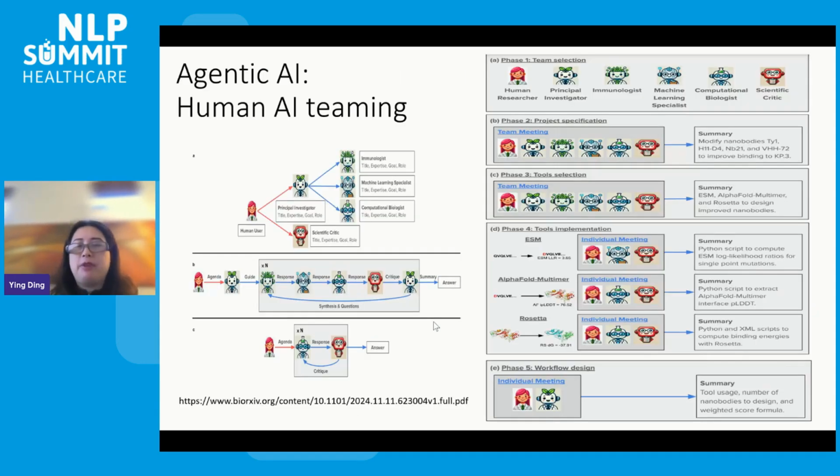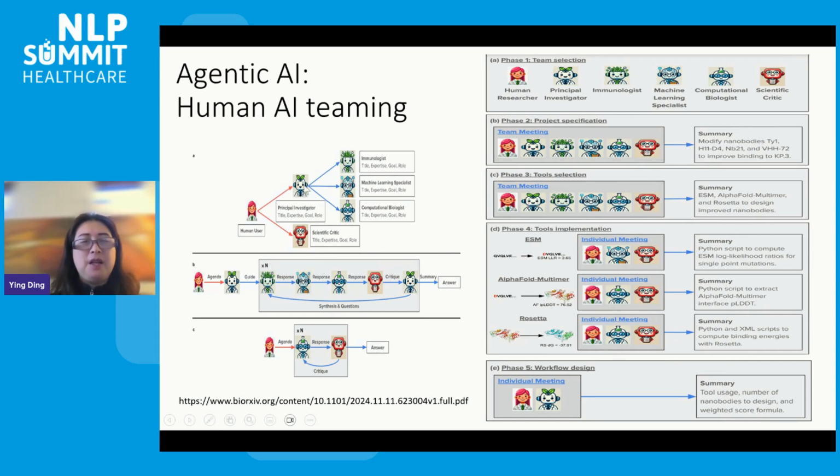I want to end with something forward-looking. I talk a lot about agentic AI. We believe agentic AI multi-agent systems are the future, and especially human-machine teaming. A virtual lab paper just came out. In this virtual lab, the human user gave the goal of coming up with a study plan to develop an antibody vaccine for COVID. He gave this goal to an agent called the principal investigator (PI) and also a scientific critic.